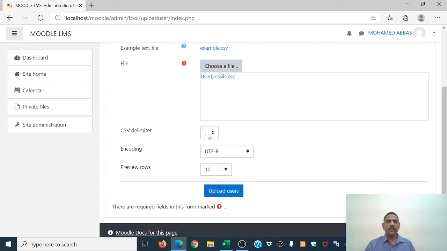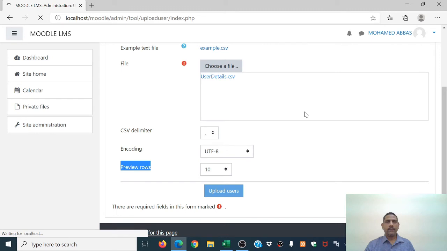Now we are using the CSV format and the encoding, you keep it as UTF-8. For preview rows, how many rows would you like to see in the preview at a time? 10 rows or 20 rows or 100 rows. I am keeping it at 10. Upload the users. Now the file is uploading, it takes a few minutes depending on your server.